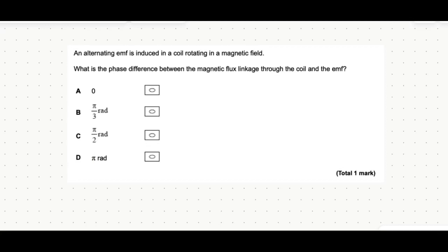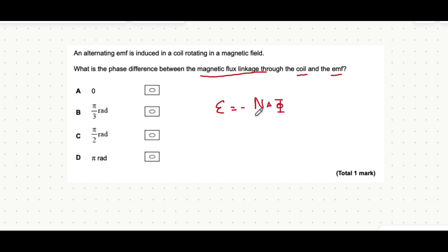In this video, we're going to look at how phase difference relates magnetic flux linkage and the EMF through the coil itself. Now, the equation that links this actually combines two laws, Lenz's law and Faraday's law. So I'm just going to very quickly write out the equation and then I'll explain what both laws are before